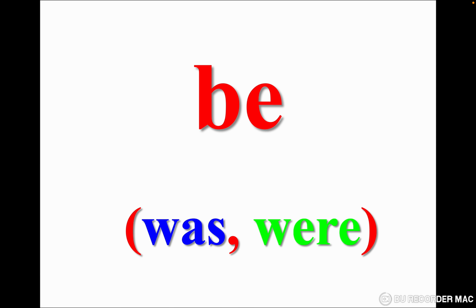Be. So verb be in the present has 3 forms: am, are, is. In the past has just 2 forms. And we are going to study 2 or 3 or more lessons just about verb to be in the past, was and were. So the conjugation of was we have it just with I and he, she, it. I was, he was, she was,